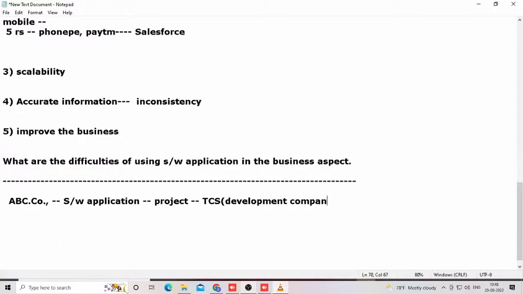TCS point of view, what is ABC? Client. ABC is a client. So what is the relation between the TCS and client? TCS is the development company. This company needs to develop software applications as per the requirement of the client. If TCS wants to develop the application as per the client requirement, TCS needs minimum 3 things. What are those? They need some programming language,